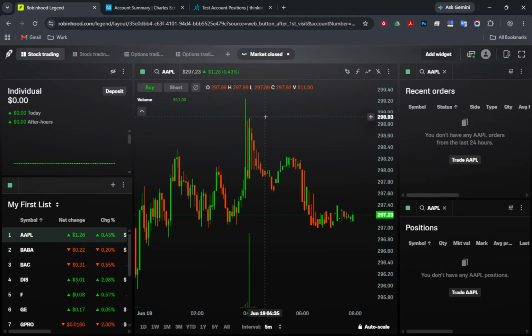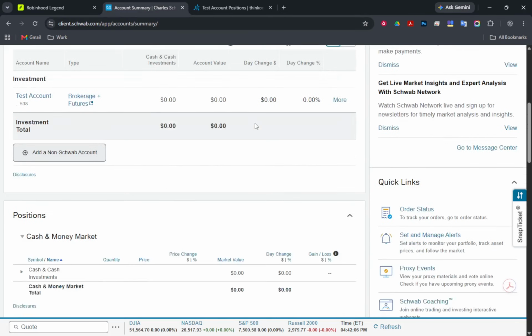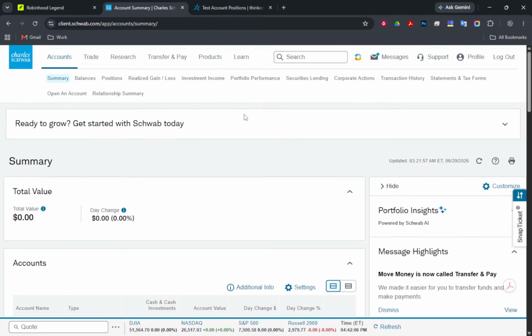Now, you might be wondering, can you still experience trading in a Robinhood-style environment? Yes, you can. You have three realistic options to consider. Let's explore the first and best option, using a real brokerage that offers paper trading. Some platforms provide a real simulation environment, which is invaluable for learning.